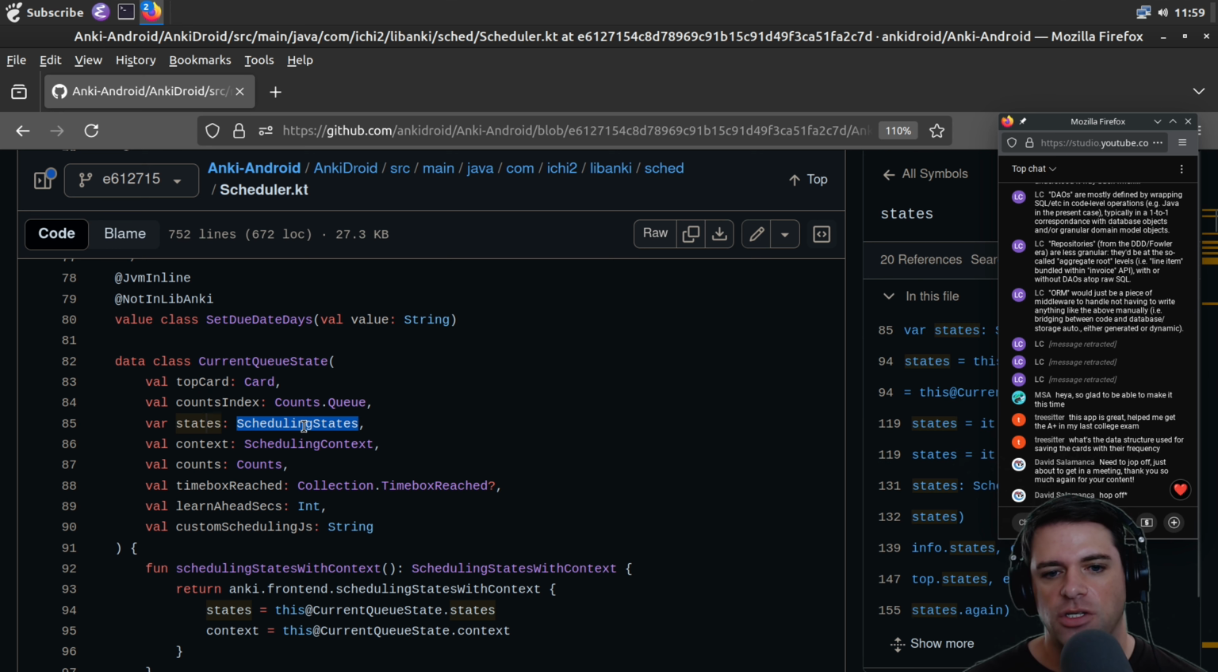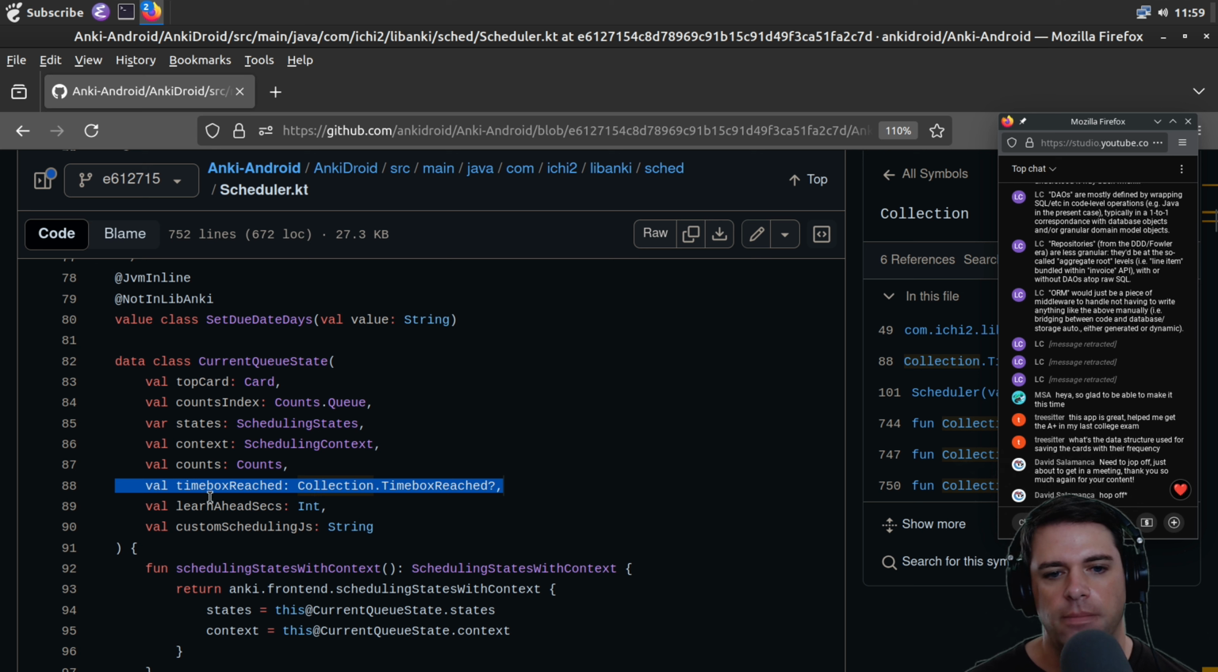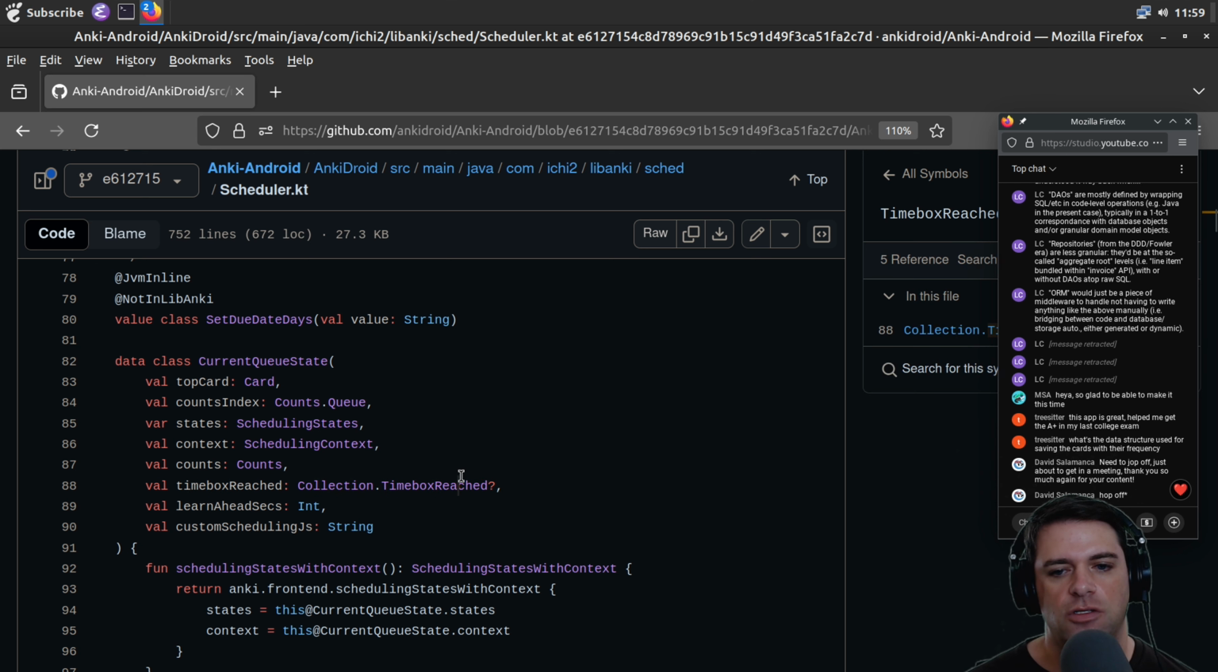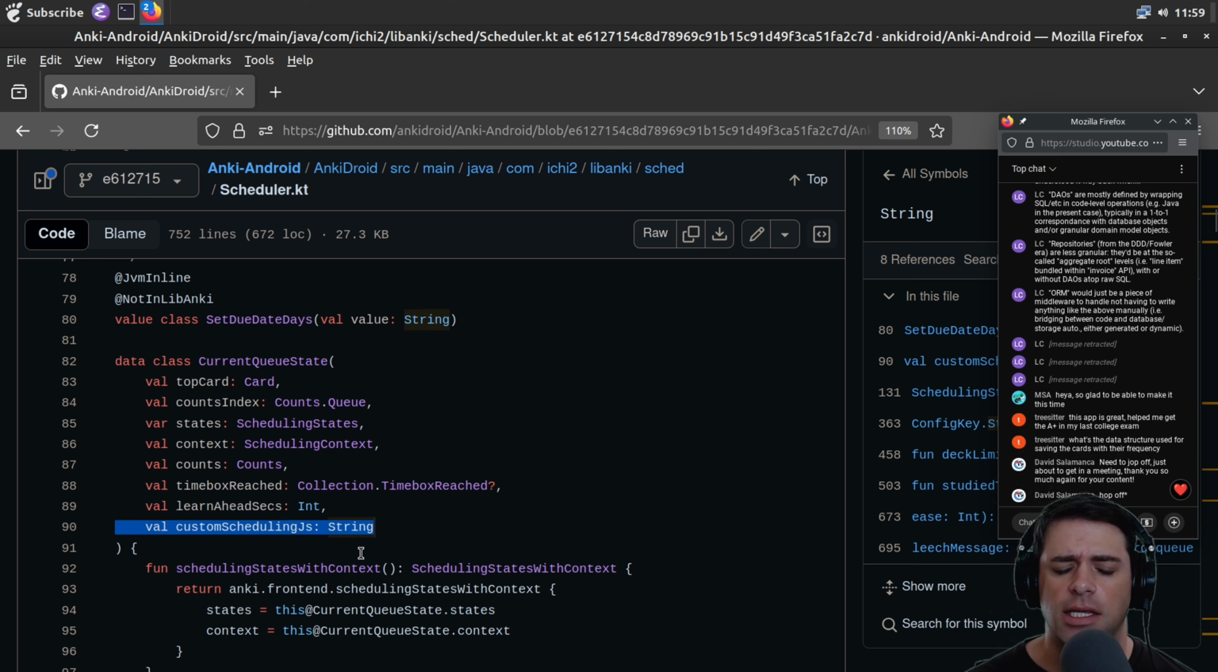We have states, which are scheduling states. We don't know what those are yet. It's presumably some enum. Can I click on it? No. Context, which is scheduling context. Some counts. And time box reach. This is maybe just for like saying I only want to study for 10 minutes. Learn ahead seconds is an int. And custom scheduling JS. I guess maybe this means that you can have custom scheduling logic in JavaScript,